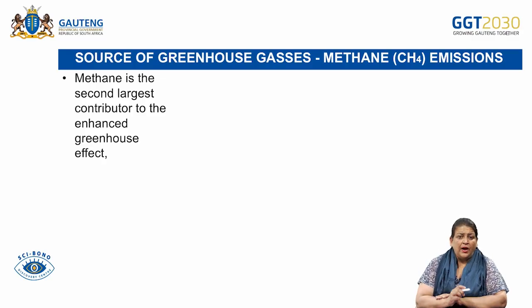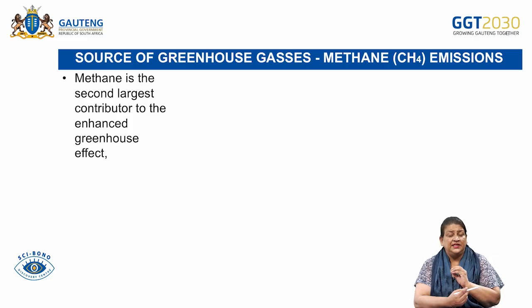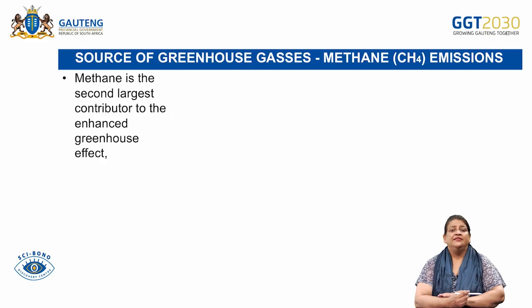Okay, so now our earth, what's going to happen is that we do need a little bit of methane and a little bit of carbon dioxide. So some heat is trapped within the earth. Otherwise, we'll be feeling very, very cold. It'll be like an ice age. So we do need a little bit of these greenhouse gases. But when we have more than normal, above the normal, that's when it becomes enhanced. And this enhanced greenhouse effect means more heat is going to be trapped within the Earth's atmosphere, and is going to increase the temperature within the Earth's atmosphere,